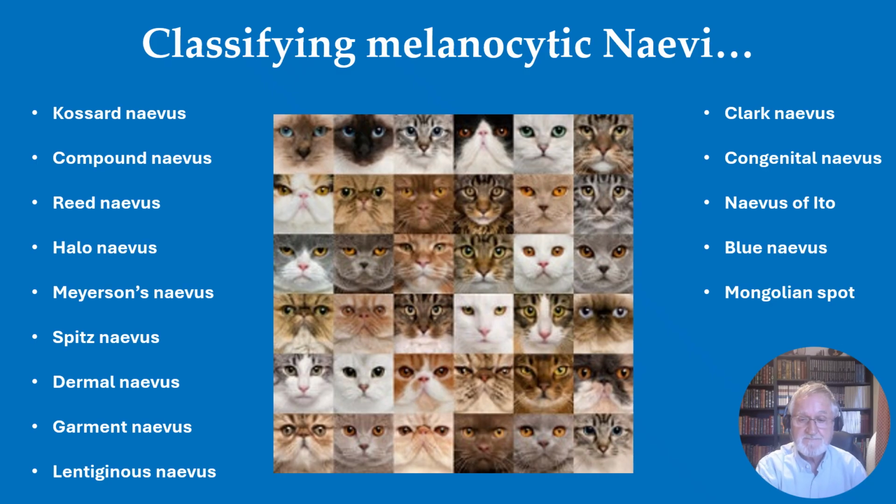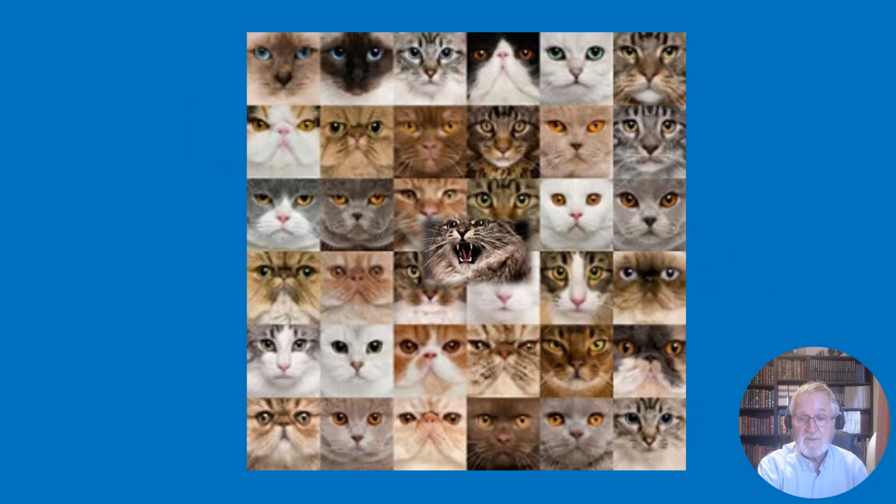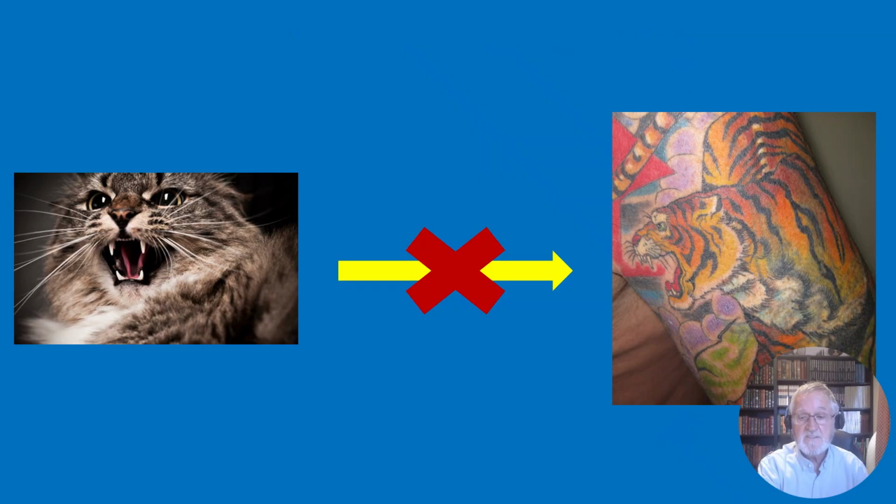I like cats, and I like the cat analogy to nevi. There are common nevi and there are common cats. And then there's this dysplastic cat. Now, with respect to nevi, they've been regarded as harmful since 1980. In fact, a dysplastic nevus is just a nevus, like a dysplastic cat is just a cat. Cats don't turn into tigers, and nevi don't turn into melanomas.